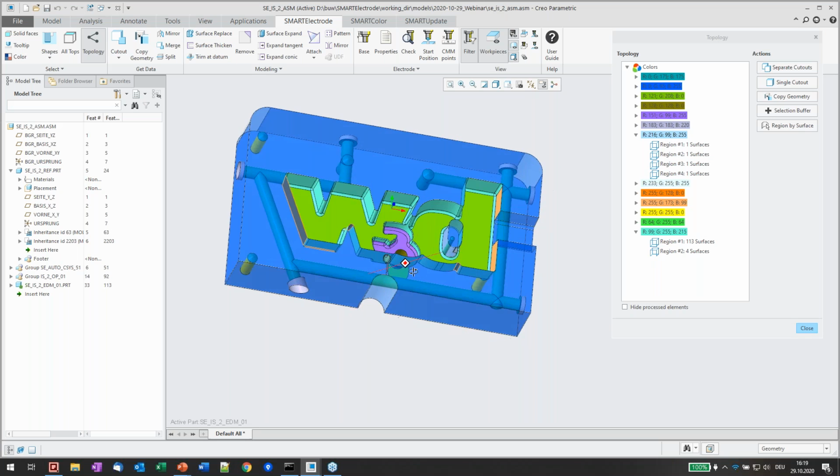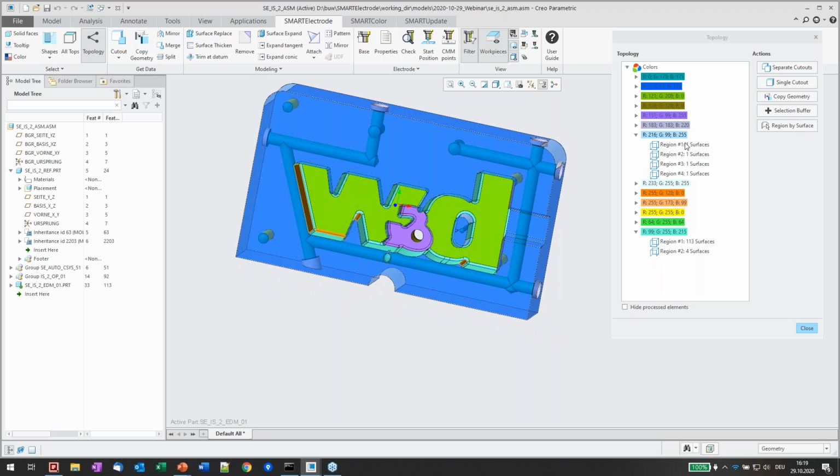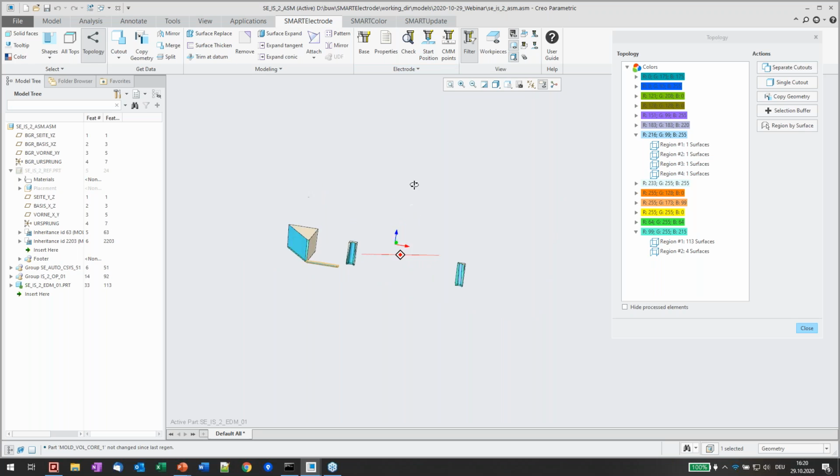So let's select this region or this color. This consists of 4 separate regions with only one surface each. So we can select the whole color and then decide to start the geometry extraction with standard values. So we will get one small body for each surface. Let's start this, and if we hide the work pieces, you can see we have those 4 small areas